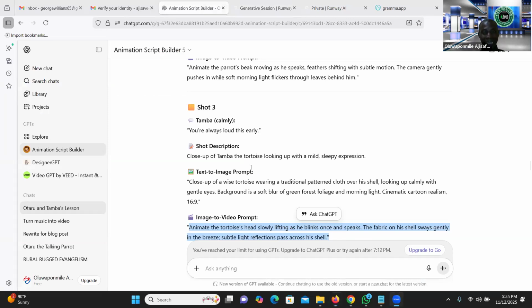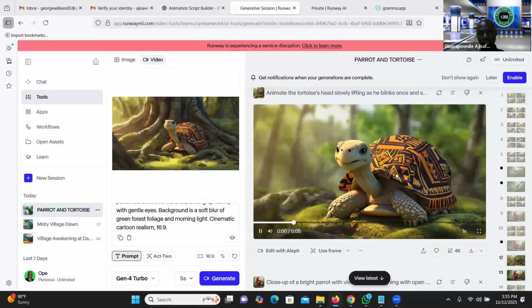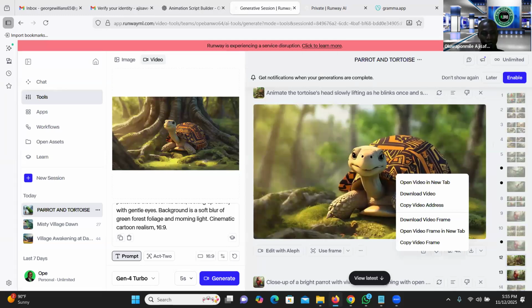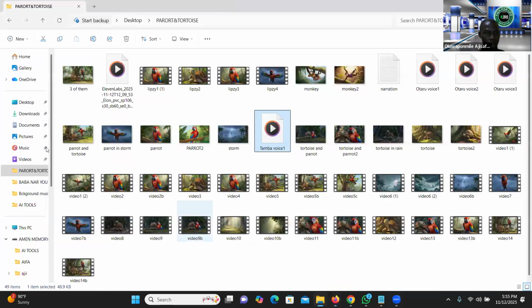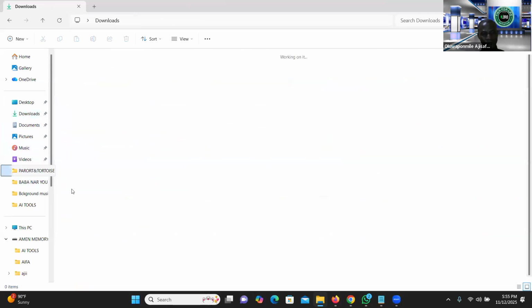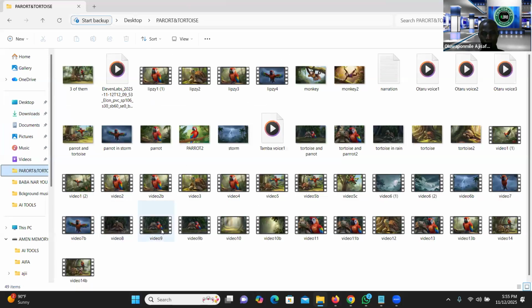So after you generate that, then you want to save it, you right click and you save it. You go over to your download, you copy it and you take it to your folder. And mind you, make sure you are saving it as you are going. Put the numbers as you are going so you don't have issue. So I bring it here and I save it as